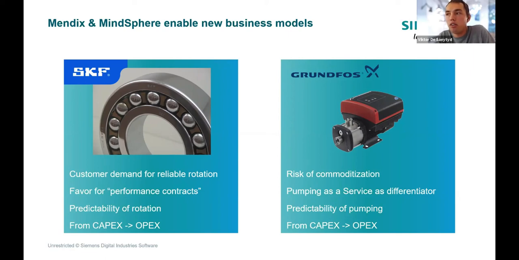Two of our customers are SKF and Grundfos, where they see that by just creating products, they can't make the difference anymore, or they want to provide new services to their customers. This is where we're working together with both our products, our Mendix offering and MindSphere, to provide new services, like pumping or rotation as a service, in order to have a stable and continuous revenue input.